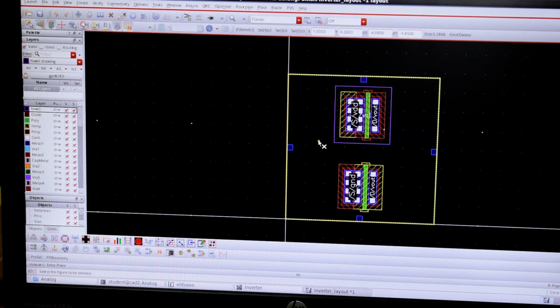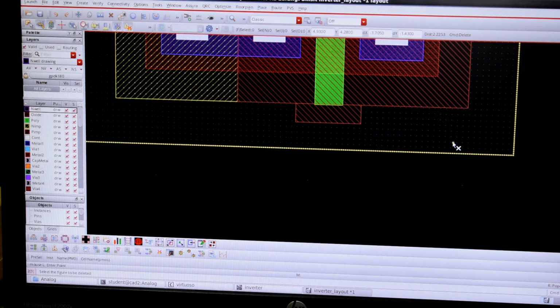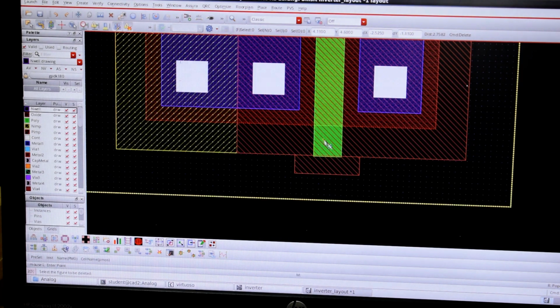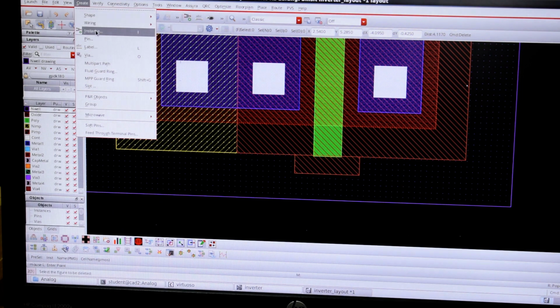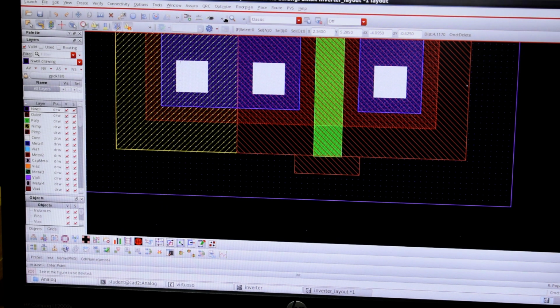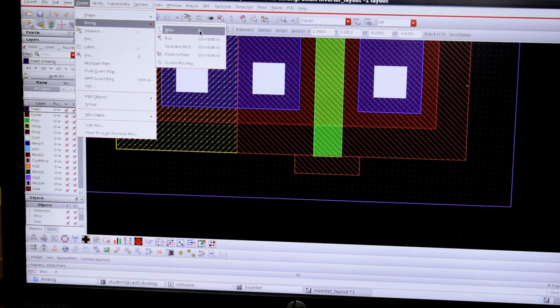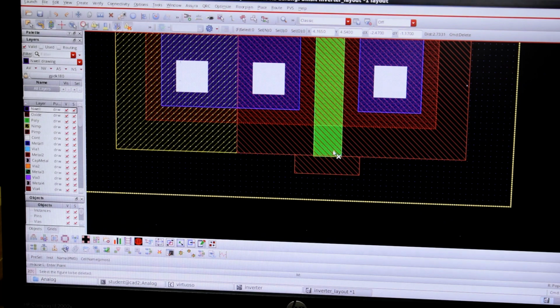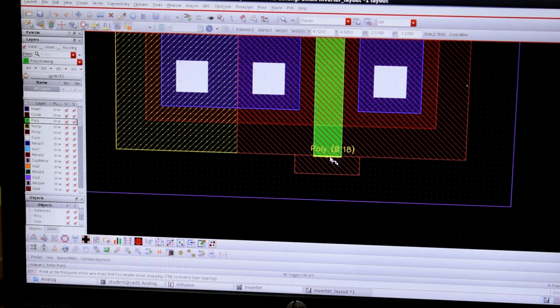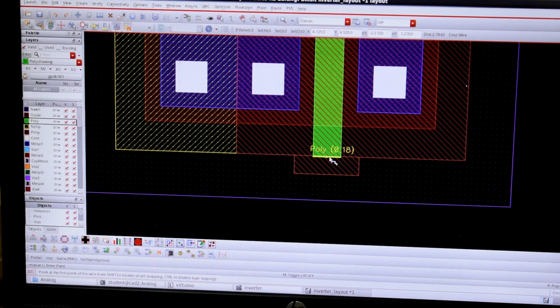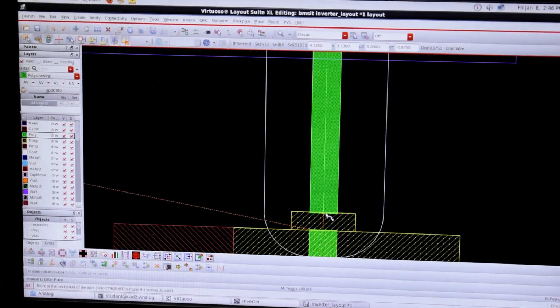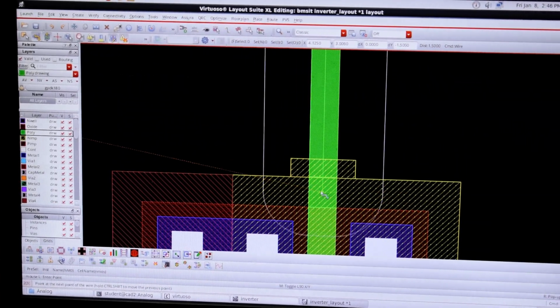So to do that, this is the first step. Usually I will try to connect polysilicon only. You can take anything. I will take this wire and just extend this. There is a shortcut. You can go to create wiring, wire, and choose it, or I can just press P. P is for wire. Just press P and select which wire you want to connect. I'll take this polysilicon and extend it, and I'll connect it here.